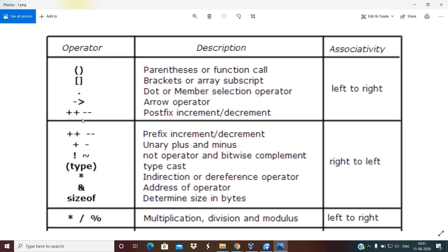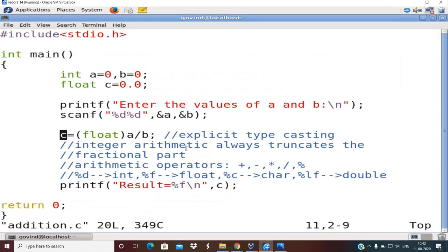Plus plus increments the value of the variable by 1, and minus minus decrements the value of the variable by 1. Based on the relative position of plus plus with respect to the variable, it is specified as postfix or prefix.